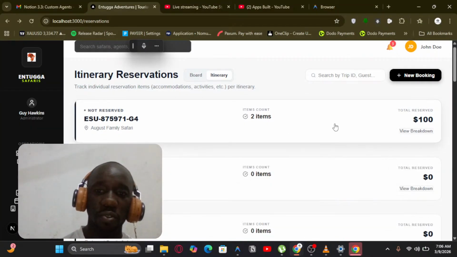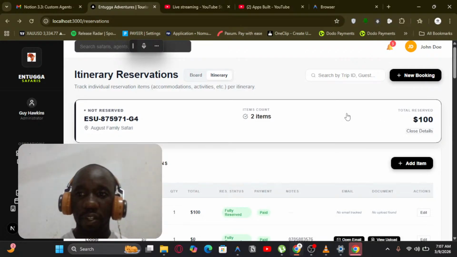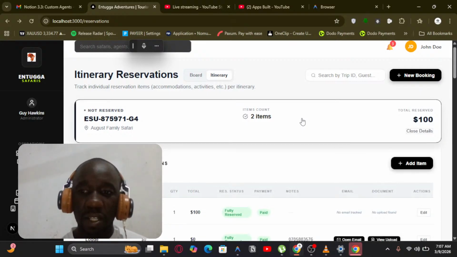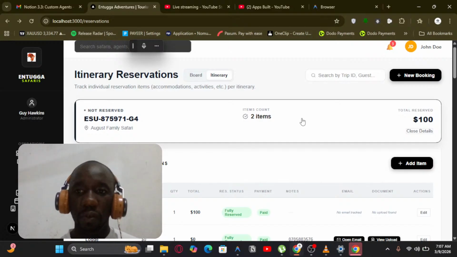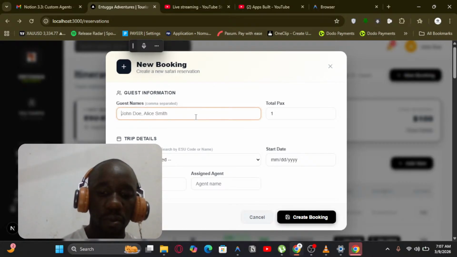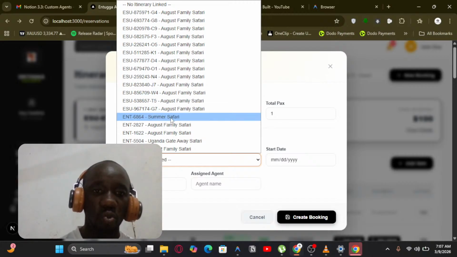One of the elements that we wanted to check, we wanted to add functionalities to these cards so that they can have an element where you get to tag them with the status of the booking status itself. So let's make out one, just